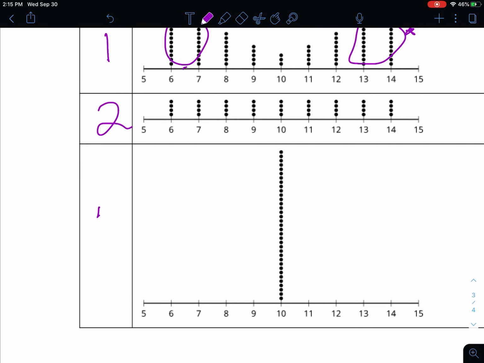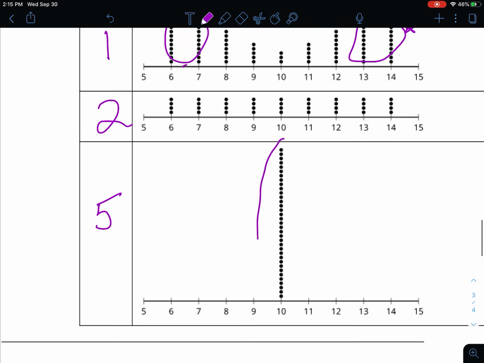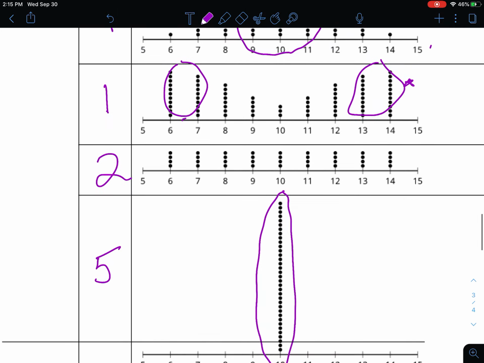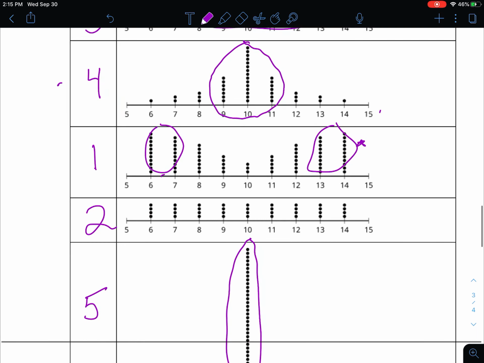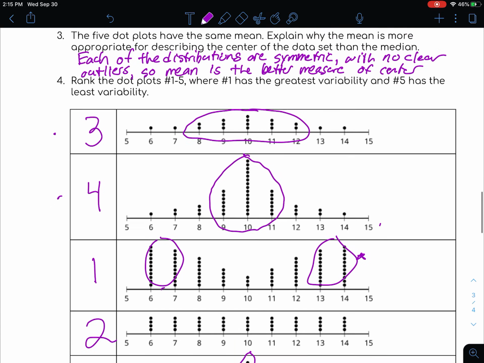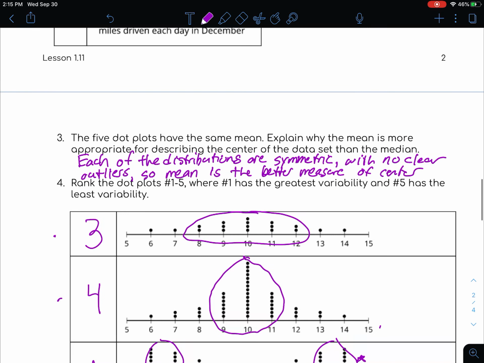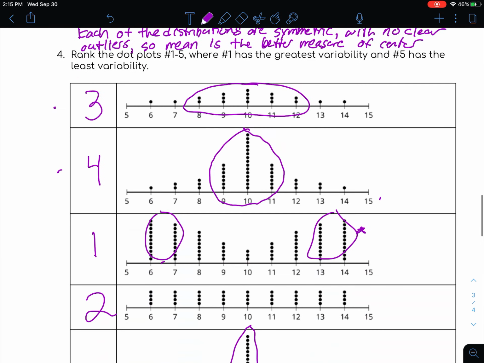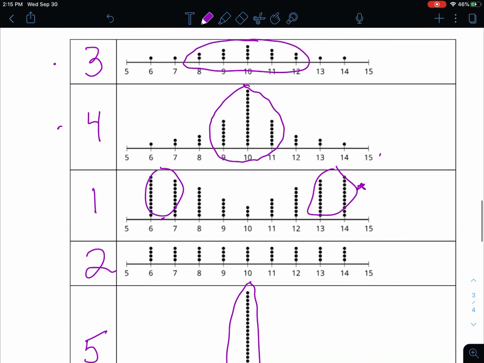And then for sure the last one, there's essentially no variability. So this one's definitely the least variability because all of the numbers are at 10. There are multiple 10s and there's nothing anyplace else. So that one is a pretty easy one in terms of the least variability. So we kind of have to reason through that a little bit for each one of these. It's not quite as easy as when we look at a box and whisker plot. That's a nice thing about a box plot, is that the interquartile range does give us a better indicator of IQR. And so we have to use our reasoning skills a little bit here to identify